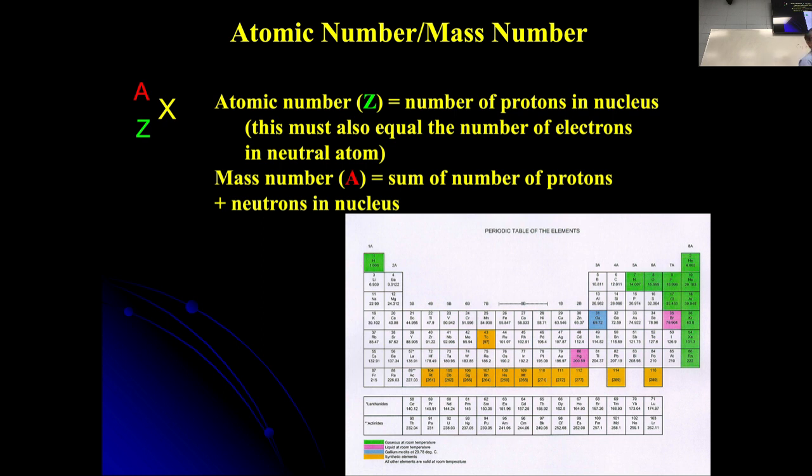Why don't I have to do that? Why do I not have to say that there are 6 protons in the nucleus? Because there's no other thing on the periodic table that's called C. That symbol takes care of that, so we just ignore that.